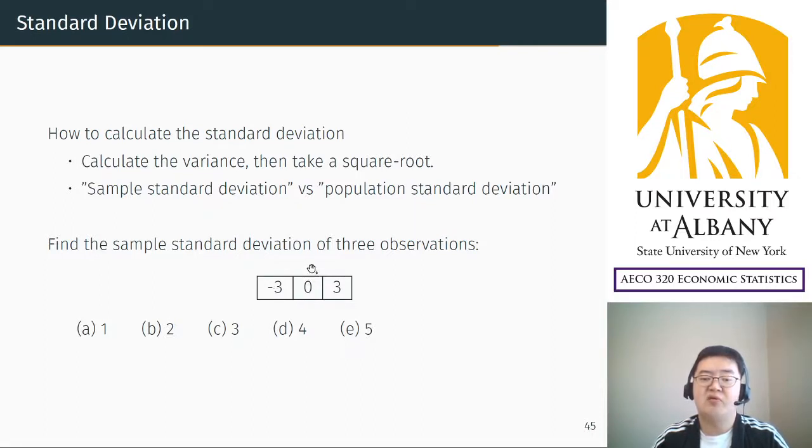So what I want to tell you here is the data are 3 numbers, and the center is 0. One of them is the center, the mean, and the others have a distance from the center of 3. So they are 3 apart from the center. So in this case, the standard deviation will be 3. If you had minus 4, 0, plus 4, then the standard deviation would be 4. Exactly,